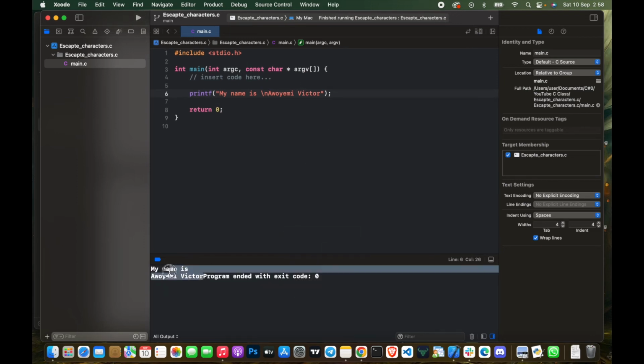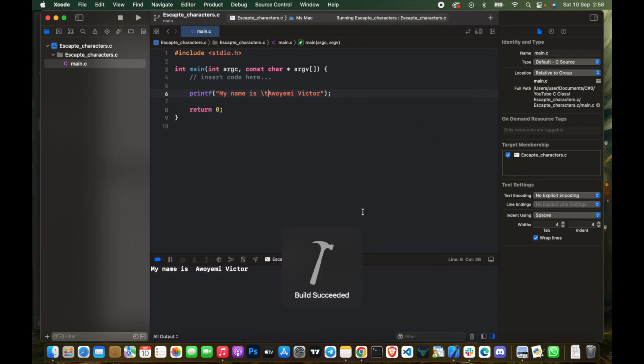So you can see the program prints my name is and then it goes to the second line and prints awoyemivictor. Now probably you want to use a tab. I can just use \t and run the program again. So you can see that it creates a tab space here before printing the rest